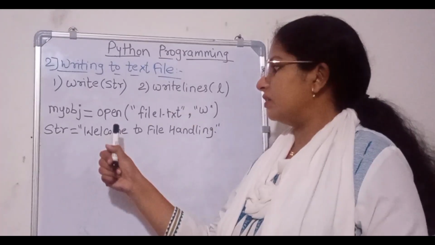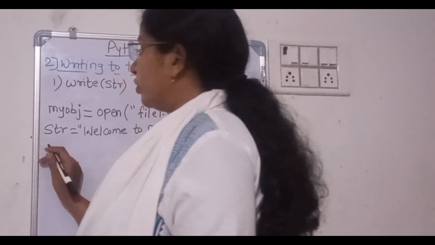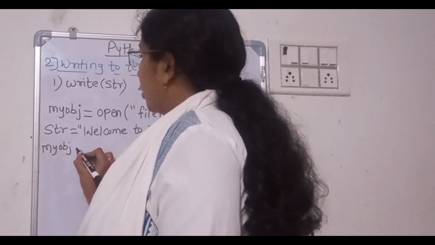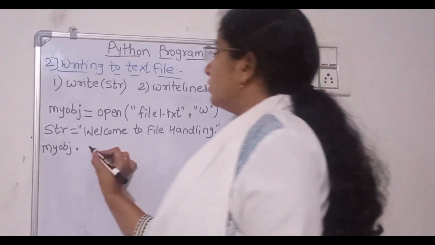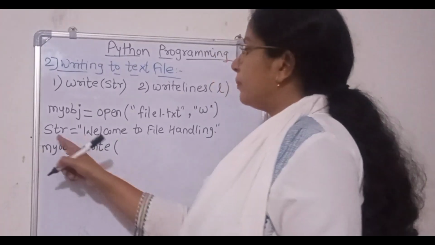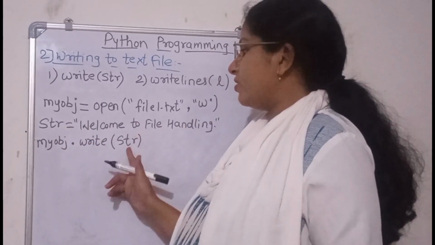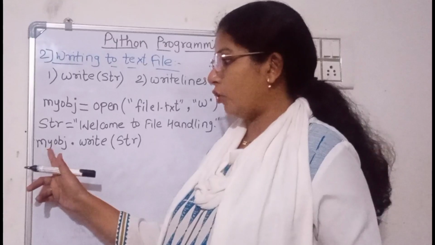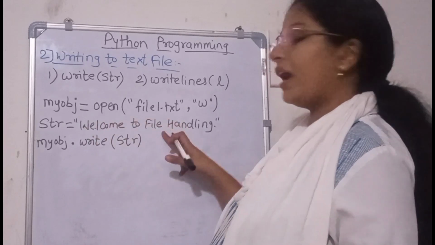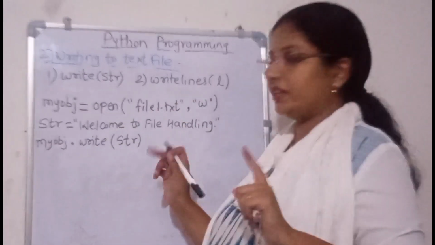Now how to write this line to your file? Then my object, you need to call the write function. So my object dot operator, then write method. In that write method, str, that is the string. This string you are writing to the file object, my object, so automatically the content will be written. So we are assuming that "welcome to file handling", this sentence, is written down in the file 1.txt, and then